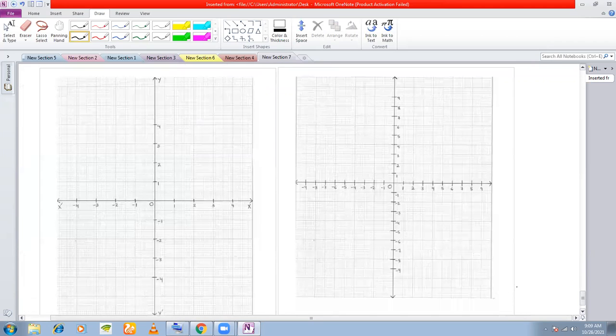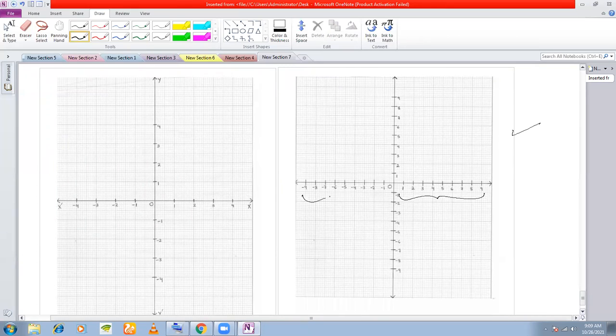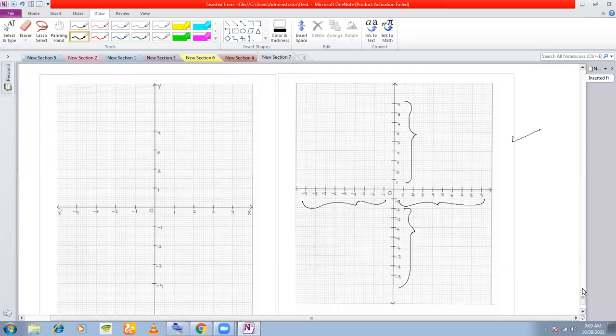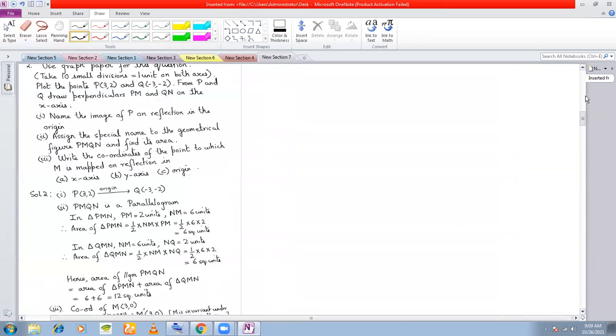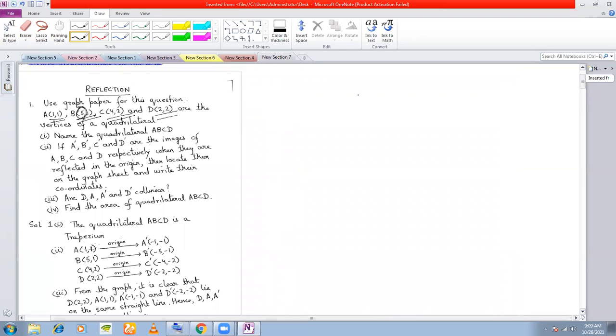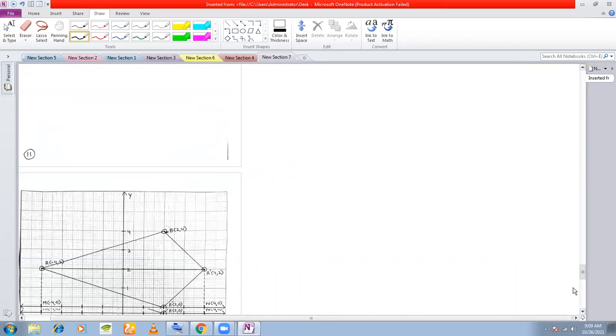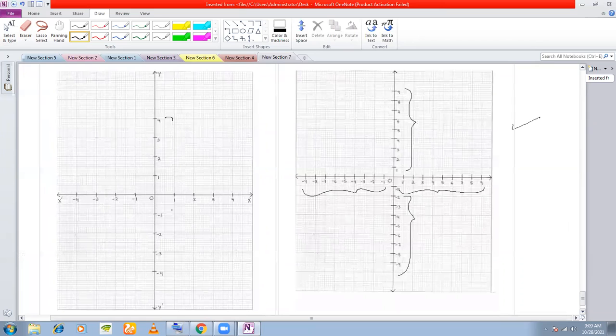Now when you are drawing your scale in the graph, you'll get two kinds of options. The first is this option where you have your scale from 1 till 9 in the x-axis, and from 1 till 9 in the y-axis. You can use this graph paper because what is the extreme coordinate here? The extreme coordinate of x was x equal to 5, and x equal to 5 you are not getting in this other scale. In this scale you are getting only till 4 on the x coordinate. So therefore we are going to use this graph paper. Okay, so let's use this graph paper.